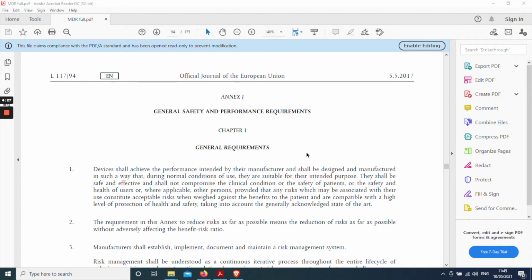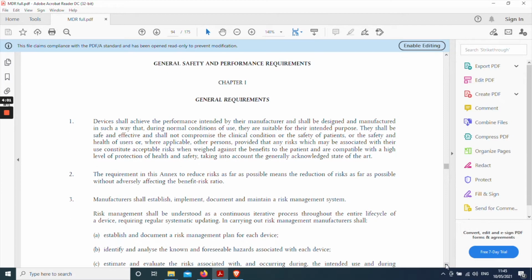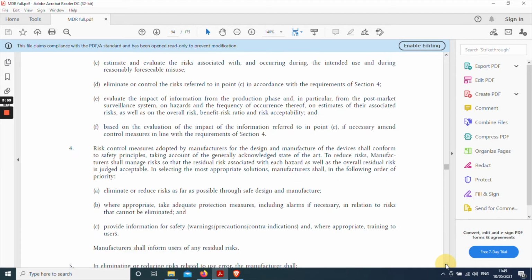So the first thing to understand about Annex I is that it's divided into 3 chapters. And we'll go through those in a little bit of detail and show you how best to work with them. So let's begin with Chapter 1. You can see from the title, General Requirements. All of the general safety performance requirements in Chapter 1 are indeed very general in nature. And a quick rule of thumb is that all of them will apply to all devices, with the exception of